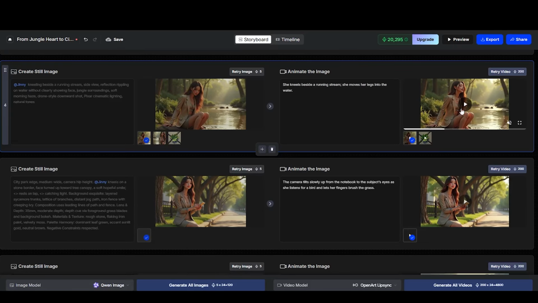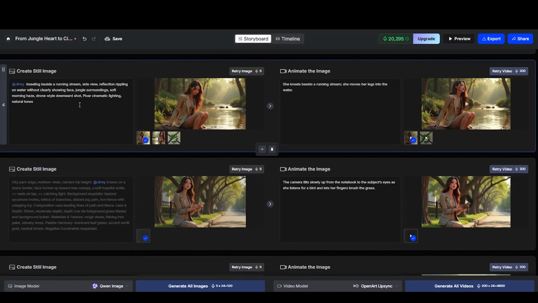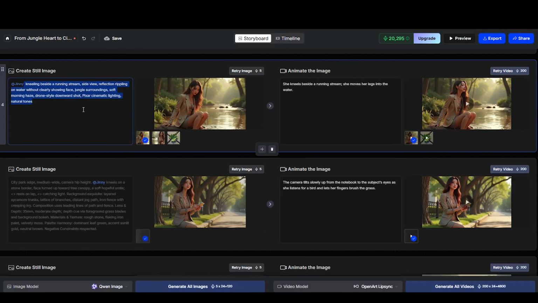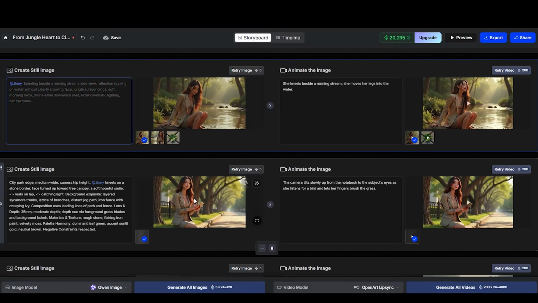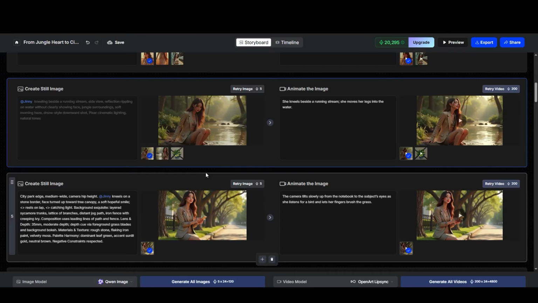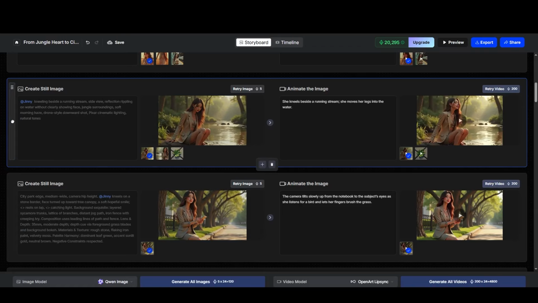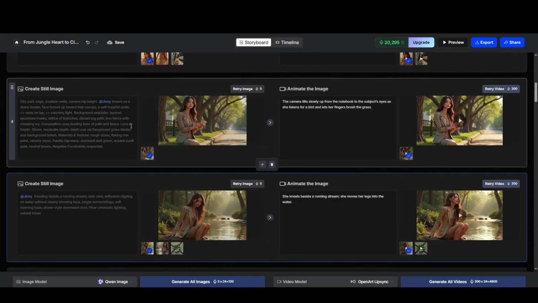If you don't like how a scene looks, just click retry image at the top of that card, and obviously change the image prompt on the left side first. For example, if your character's facing the wrong direction, just add something like facing the camera and regenerate that one shot. You can even rearrange the scenes by dragging and dropping them to change the order of your story, and